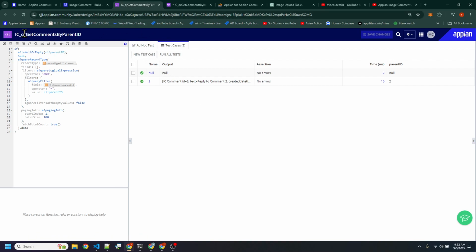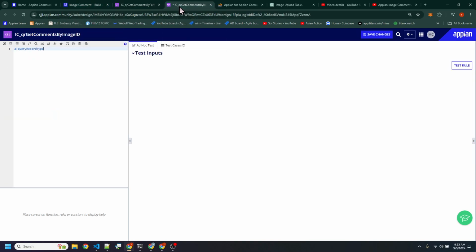So we did this here. This is getting the replies from comments. This is interesting, we got this already. The next thing we're going to create is a query record, get comments by image ID.